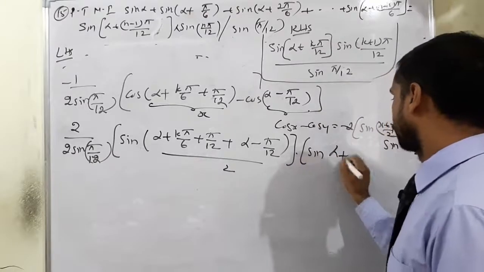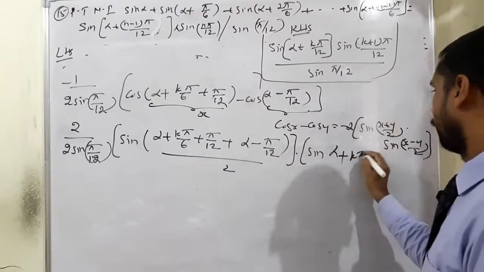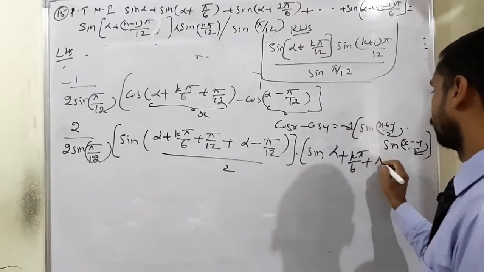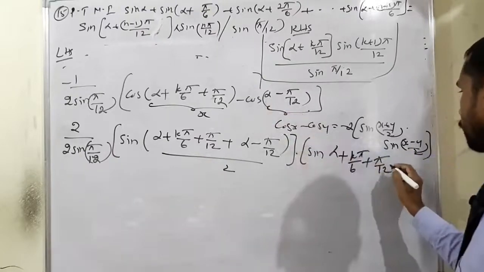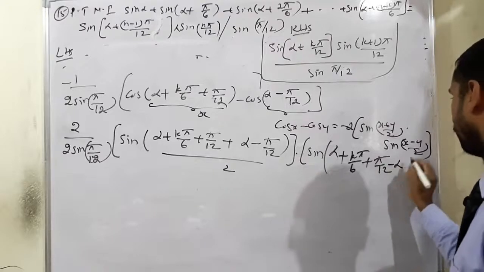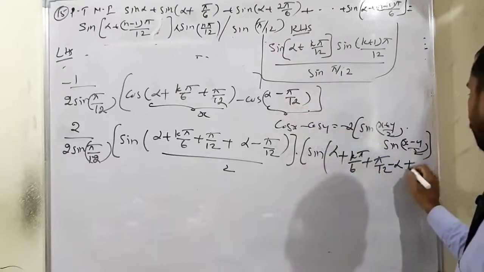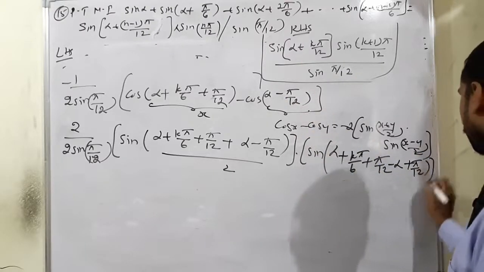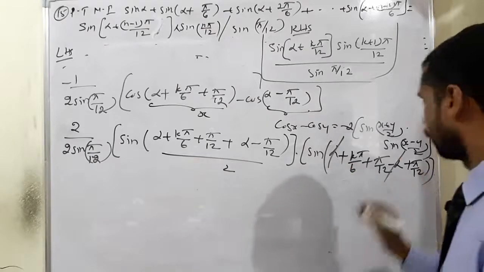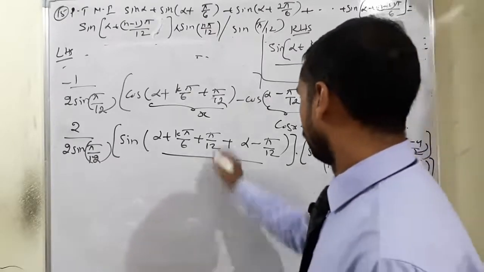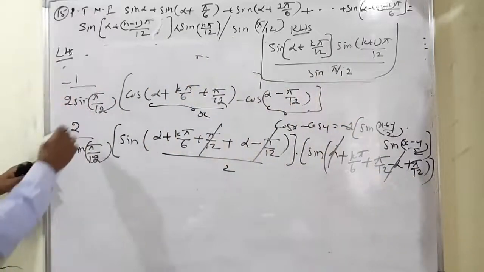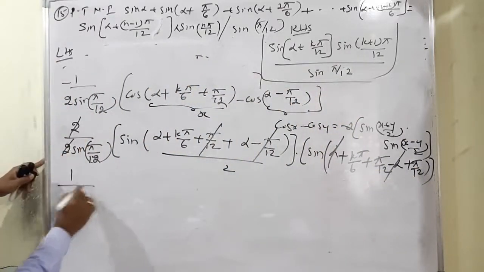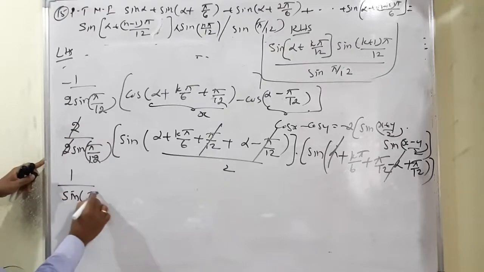Alpha plus k pi by 6 plus pi by 12, then minus alpha, minus pi by 12 means we can write it positive pi by 12. Now alpha minus alpha cancel, plus pi by 12 minus pi by 12 cancel, then common term 2 cancel, then 1 by sin of pi by 12,